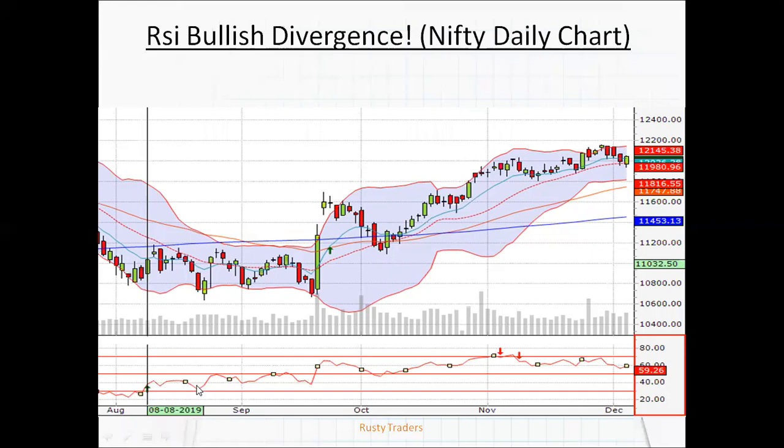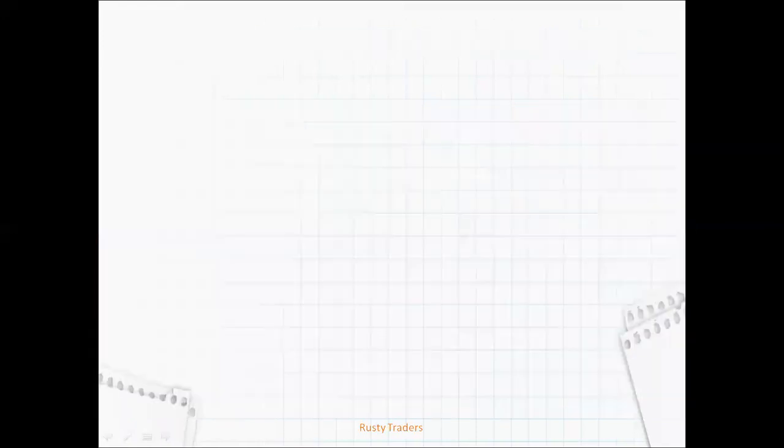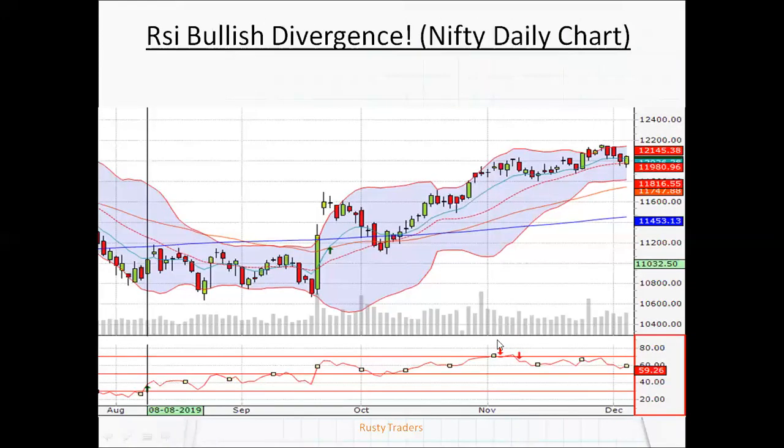So in that sense, this is a bullish divergence, and in the days to come, you can expect the market to go up, which it eventually did. And again, the positional traders would have closed their positions at these levels. So this is the beauty of the RSI. You enter here, you exit here. You enter once it retraces from below 30 levels, you close your positions once it touches 70, and vice versa.